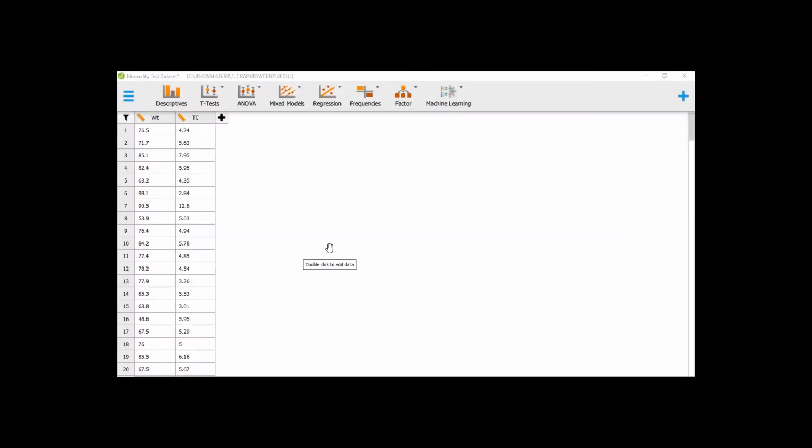As we saw in the previous video, we have to load our data sets. Here we are going to perform a visual inspection as well as run the Shapiro-Wilk normality test using JASP. Then we run the same with GraphPad Prism and SPSS. So first, let's run it with JASP. We have our data set with two variables, WT and TC. One of them is parametric, the other is non-parametric.